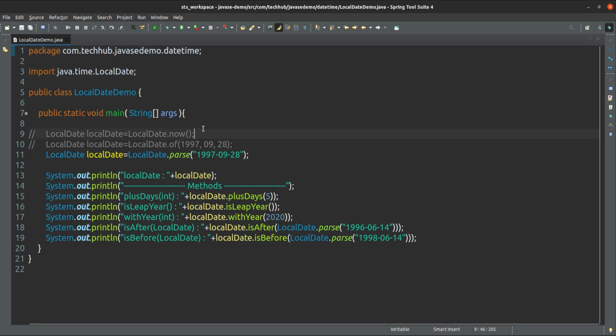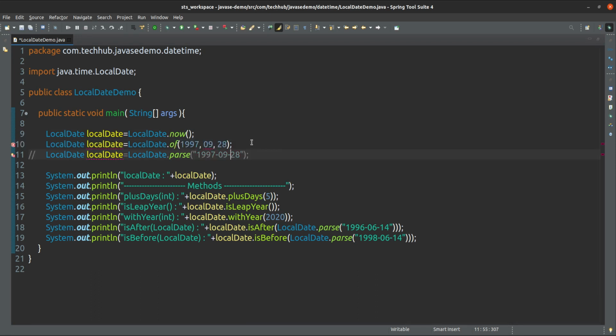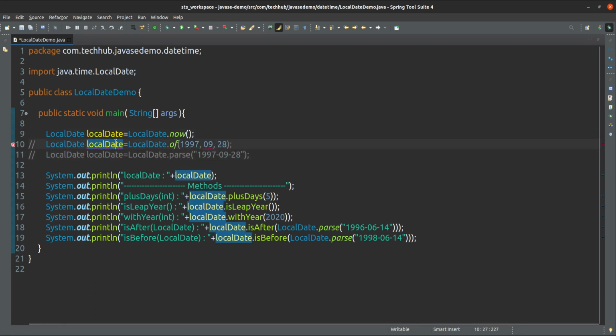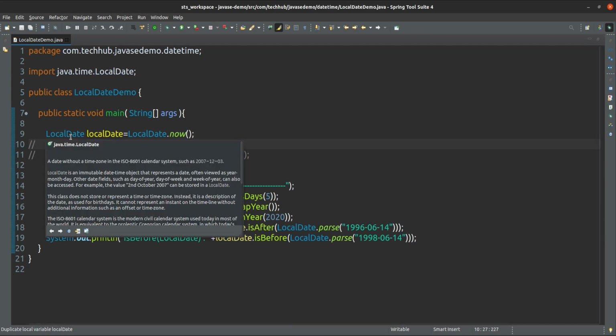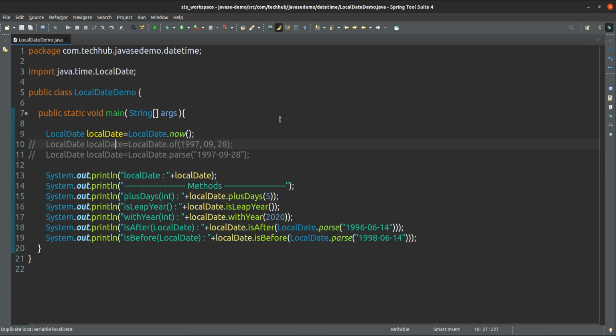And one more thing, this LocalDate class doesn't have any public constructor. We have to always use a static method to create the object for this LocalDate.